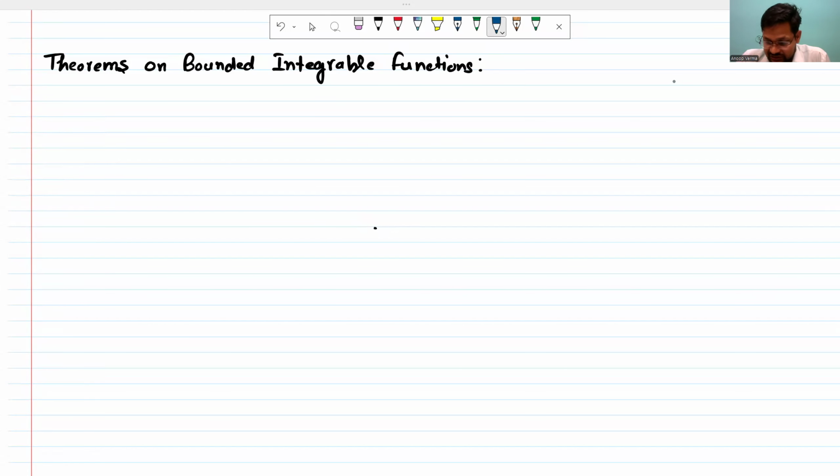So today's theorems on the bounded integrable function. So if the function is bounded integrable, then when will it be Riemann integrable? So let's discuss some theorems. Theorem first, that every continuous function